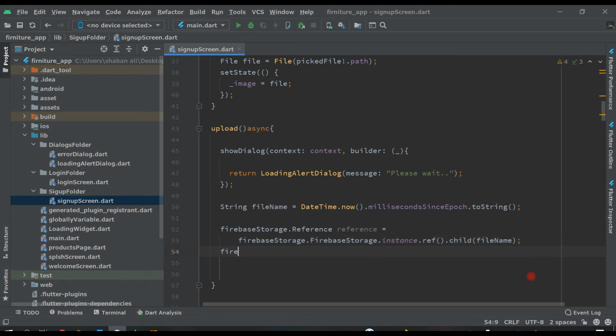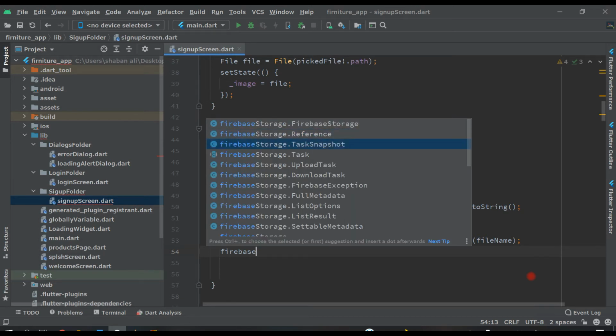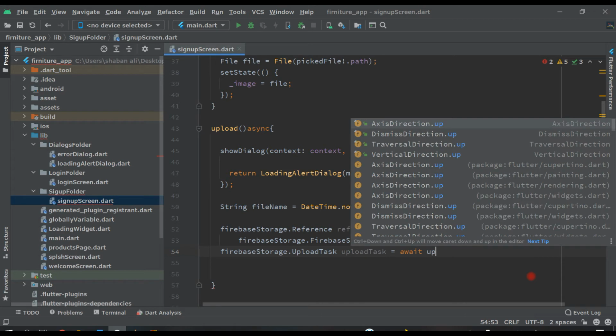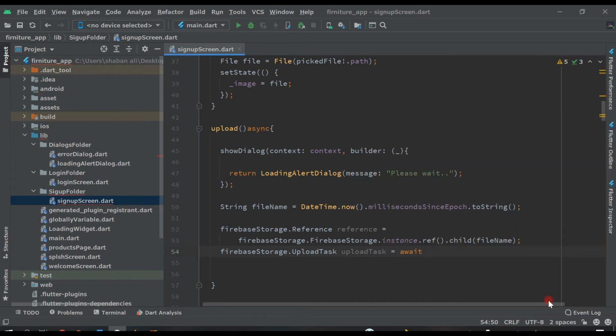After this write firebase_storage.UploadTask uploadTask equal to, not await, remove await.